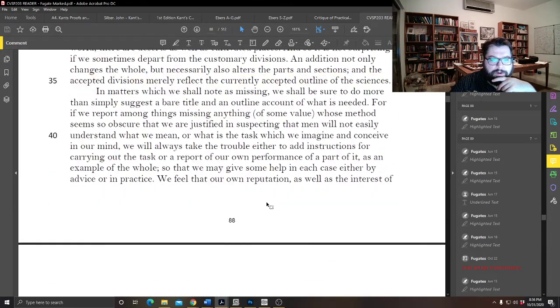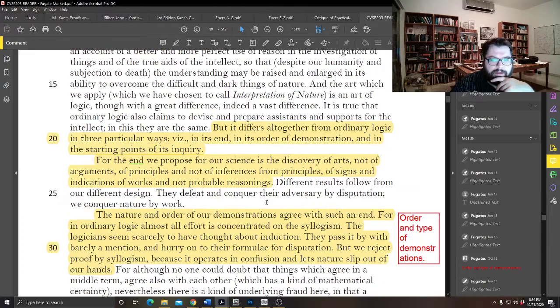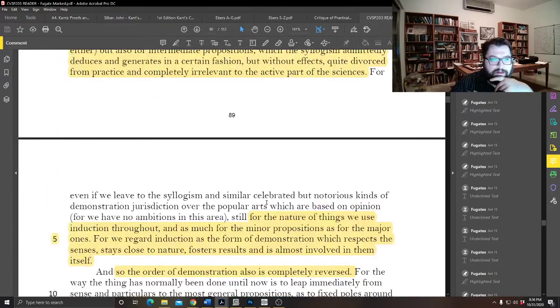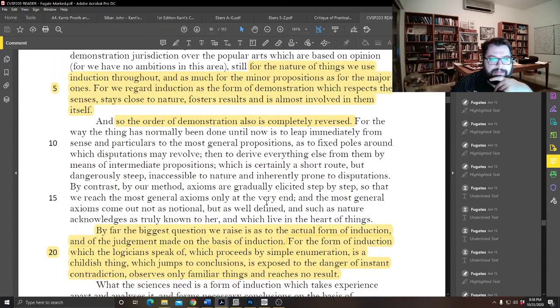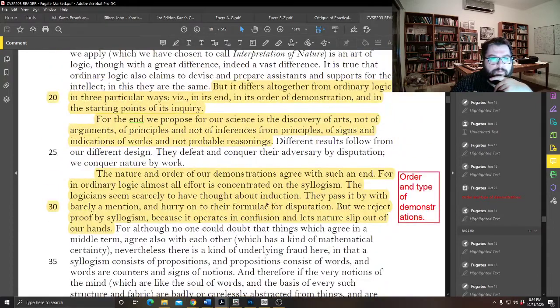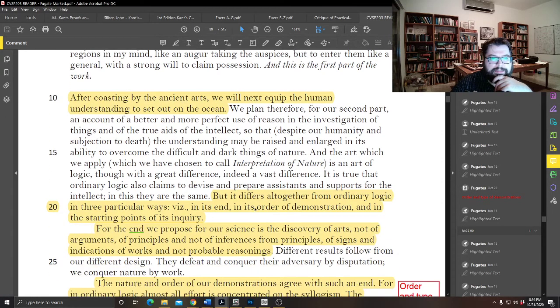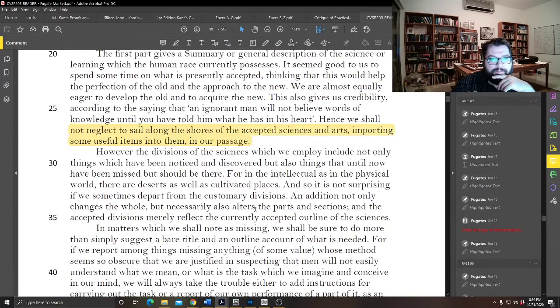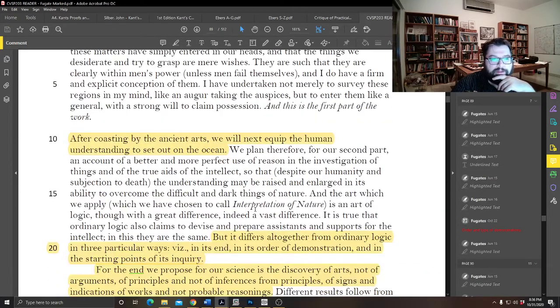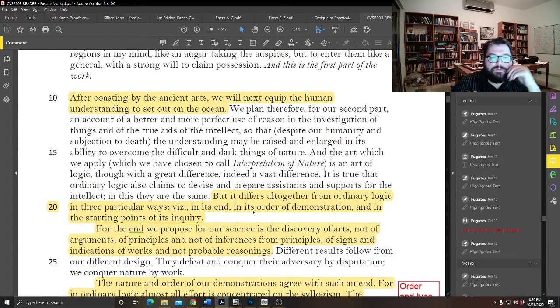And then we started going through here, and I believe in one of my classes we got, this will be a slight repetition for some of you, but we got to about here, the second part of the work. So the first part of the work had to do with taking stock of the past. The second part of the work is what is that methodology, right, that is found in the book called The